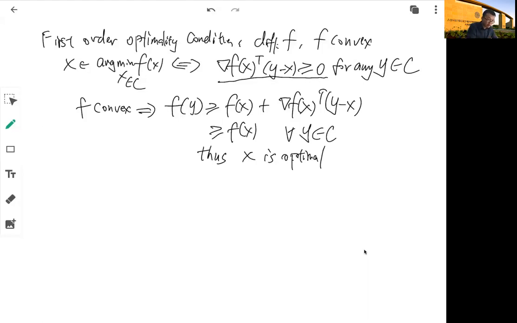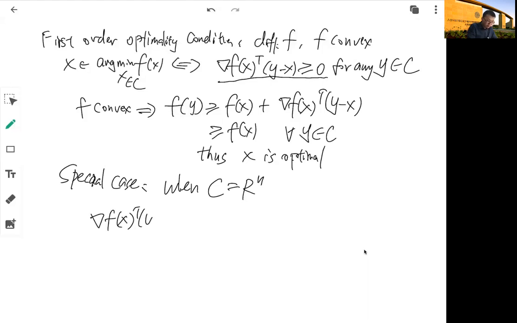All right, so a particular special case of interest is when the problem is unconstrained. So it's when C is R to the n. So how do we see this? Okay, so this is equivalent to that for any a,